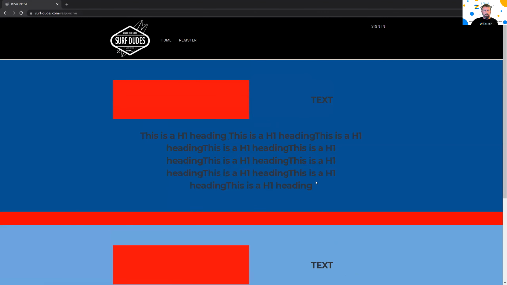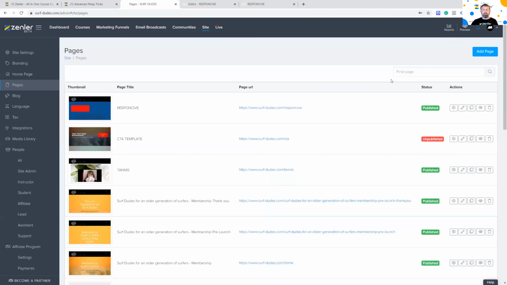There we go. So if you don't get things appearing when you do the preview, it's basically because it's got a copy of the cache. So the best option is to go into incognito and view it in there. It's just something that we recommend each time that you do stuff.